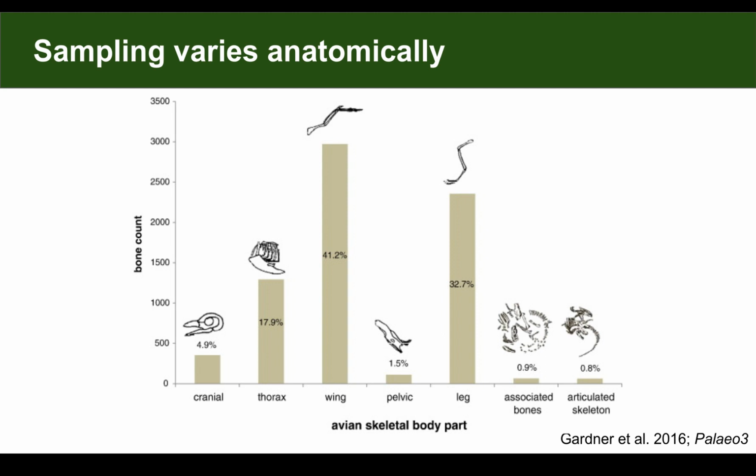But we can also break down preservation within a particular group by anatomy. Here is an example from the fossil record of birds, and we see here the long bones that are part of basically the wing or the leg are the most likely things to turn up in the fossil record for birds, whereas things like skulls in the bottom left here tend to be much less common. That is unfortunate if those are the parts of the anatomy that are most diagnostic or most relevant to whatever it is you want to measure. For example, we could use birds here and say the limbs would be useful for us to know about, say, locomotor diversity, but the skull would be useful to know about, say, dietary diversity, and this is something we always have to consider in terms of our own data.